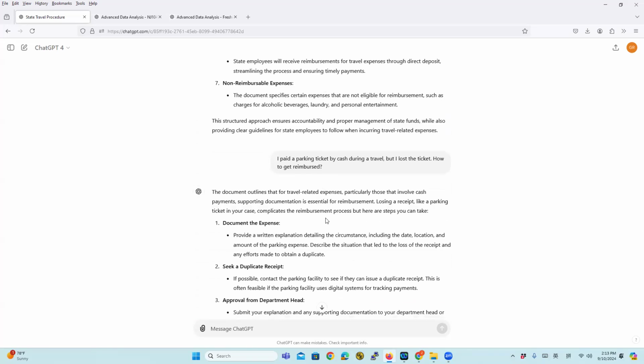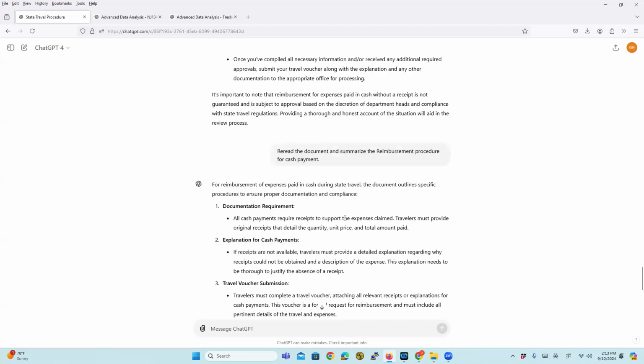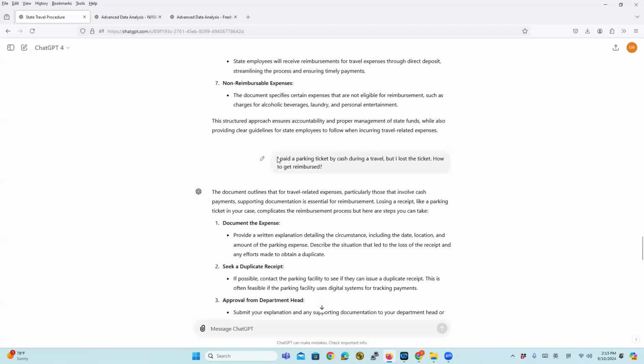I also ask some difficult questions. One of the questions I ask is, I paid a parking ticket by cash, but I lost the ticket. How do I get reimbursed? So the response is,